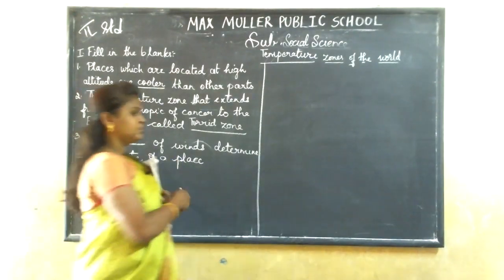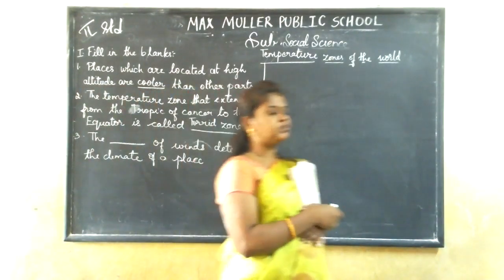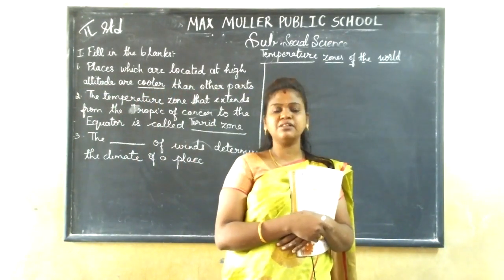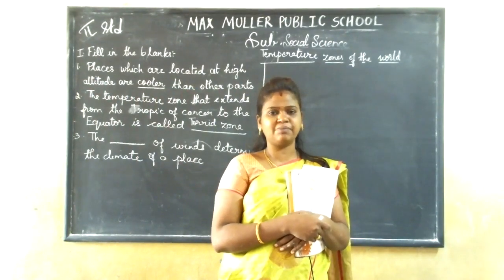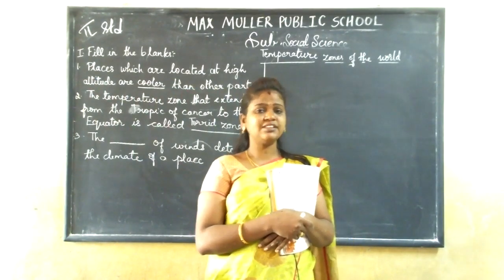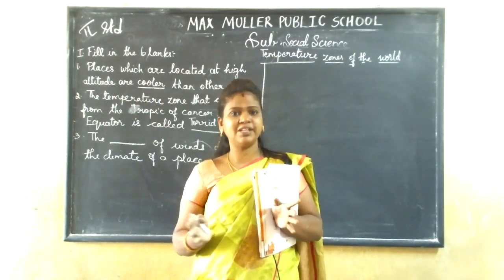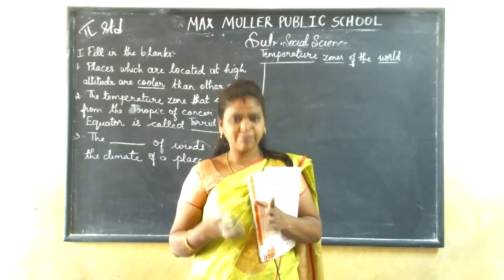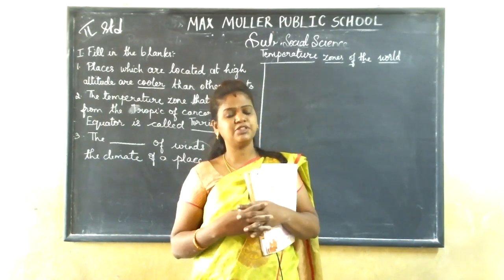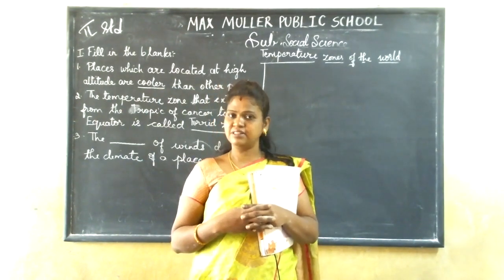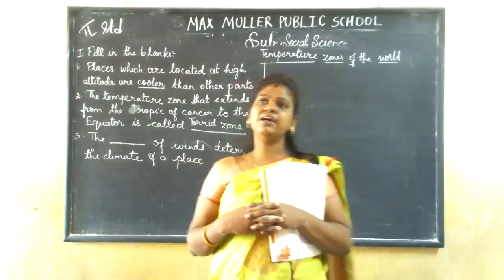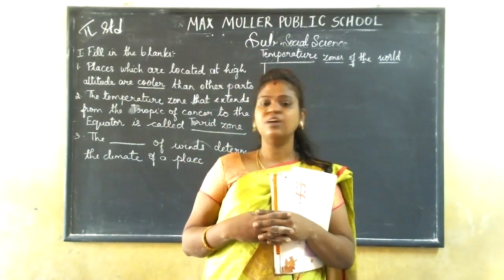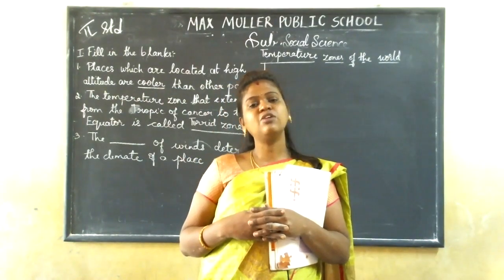So children, you can't say that the wind will be moving in one place. It just moves in different places. So we can't say it's moving in different places. Instead of saying moving different places, there is one word specifically called direction. The winds can be either hot winds or cold winds. So the cold winds